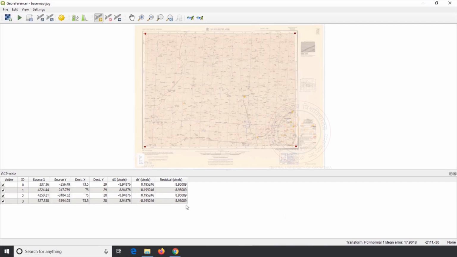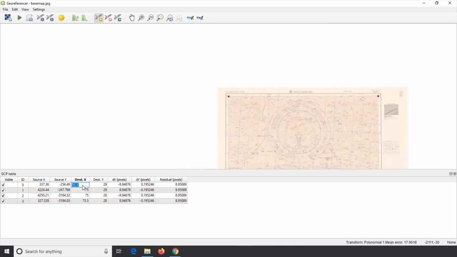If you see any single value having higher error than other values, it indicates there is a human error caused due to misplacing of the GCP point on the intersection of latitude and longitude, or entering the value in the enter map coordinates pop-up window. In such a case, the value of x and y can be changed by double click on it. Or we can remove the GCP point from the table and create it once again.